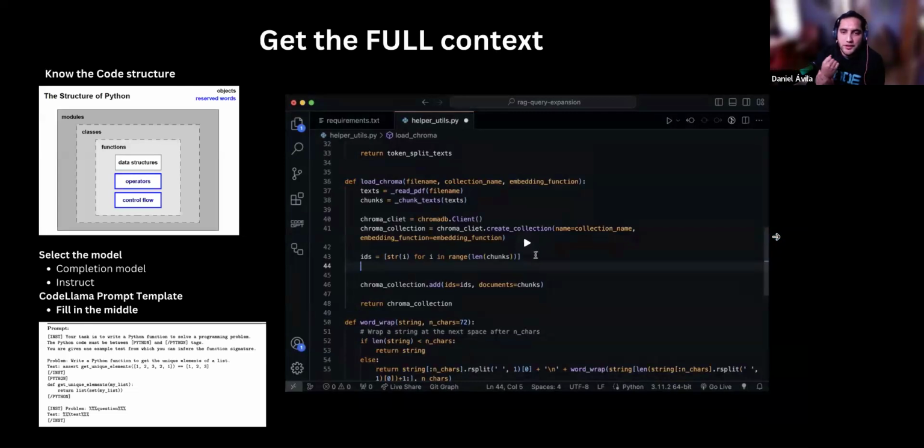How are we doing these kinds of things? We need to know the full structure of the code. So when you use this kind of model inside of Visual Studio Code, you have a lot of information from your code editor. We are getting the full information from your project. We are getting the class, the function, everything that you have in Visual Studio Code, and we are using that context to send that information to the LLM.